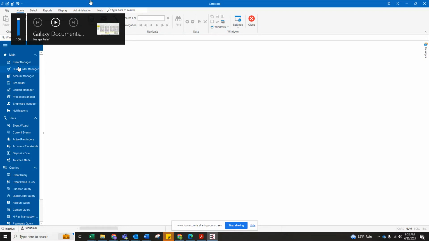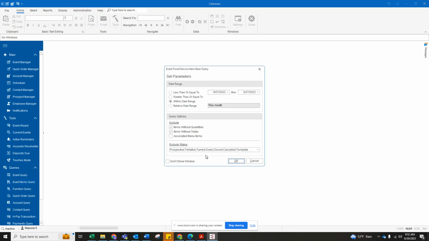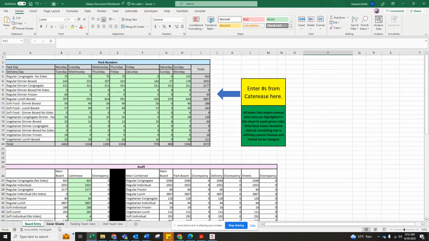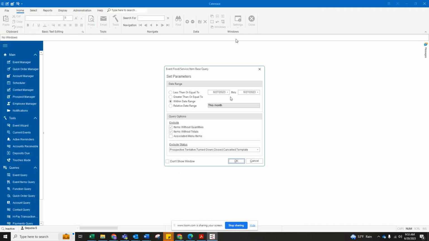Hello. So the next thing that we need to do in order to generate the Galaxy pack list is to do our pull out of Caterease. For this, we're going to be running an event items query. Now, we have created the cover sheets for the entire week, and now we just need to do the actual